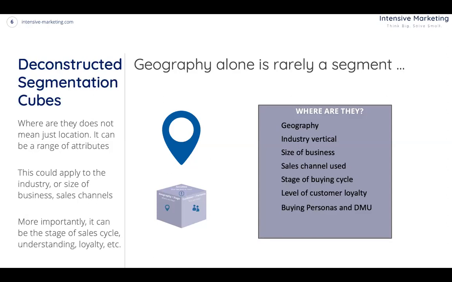Equally, it could be with regards to the stage of the buying cycle that they are at. Is there a group of customers that are completely unaware that they have this need, and a group of customers that understand that they've got that need? And they will be different, and you may want to adapt to them, both in terms of your proposition, everything in terms of price incentives, to how you might talk to them,